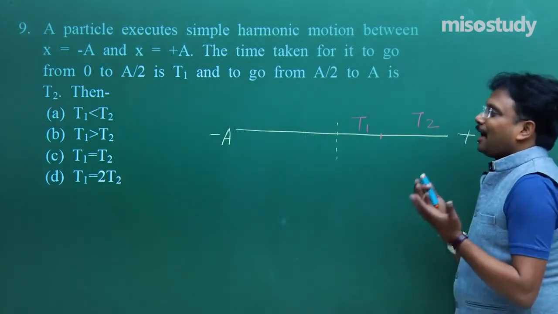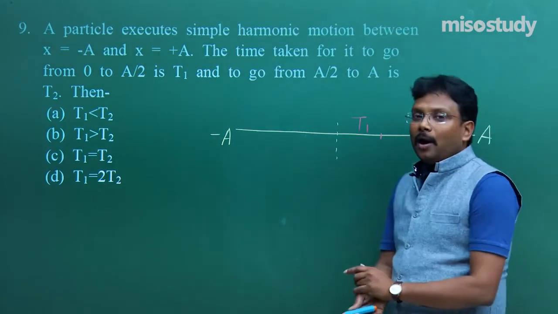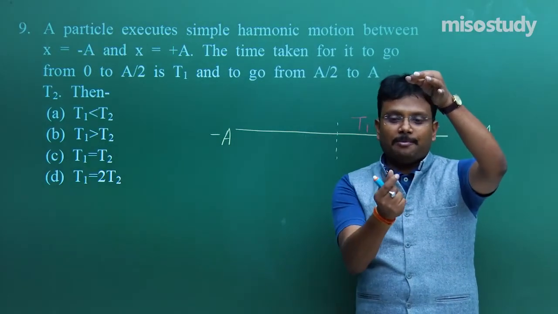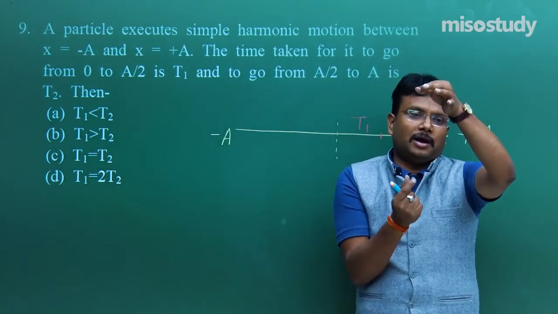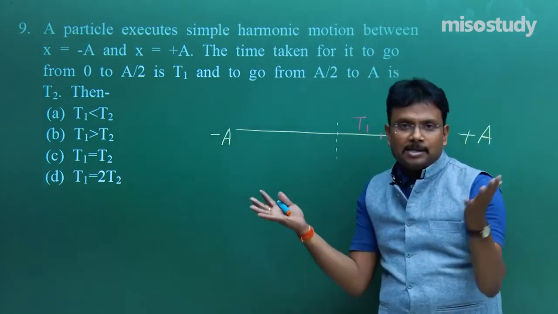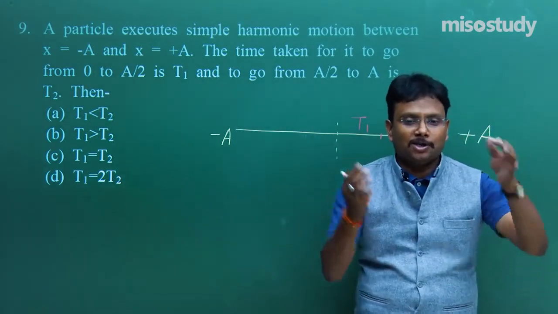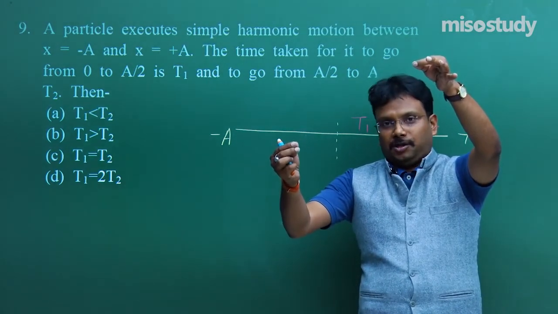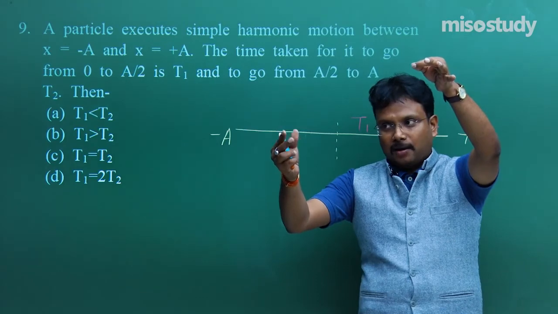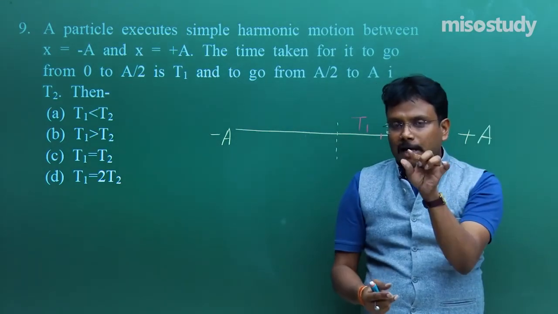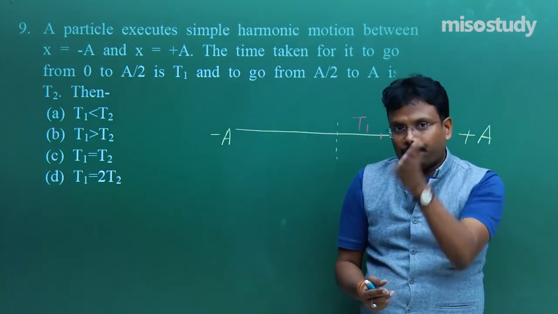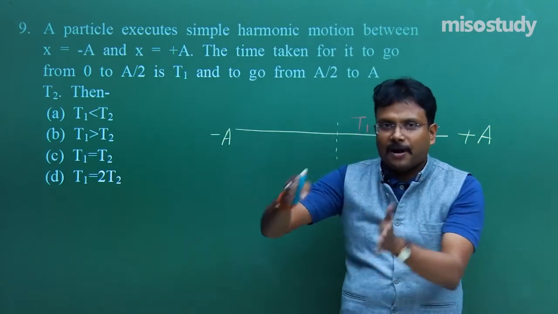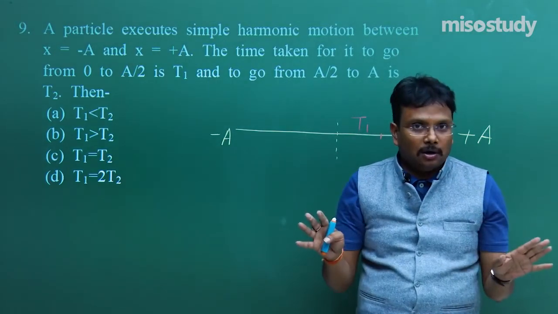Then what exactly is the relation between t1 and t2? Now forget this problem, just imagine that a simple pendulum is in my hand, the same simple pendulum with the help of which I mesmerized you all during the discussion of my regular shorts. Let's start it. Right now, let's say it is in this position. Remove your hand. It will start oscillating. When it reaches the half value of this distance, do you think it will take the same time for this first half and second half? No, not at all.